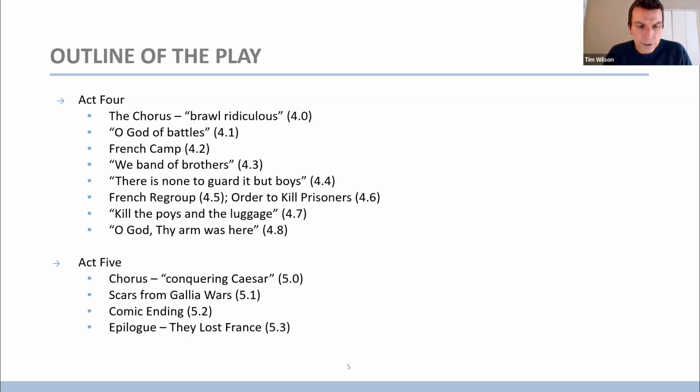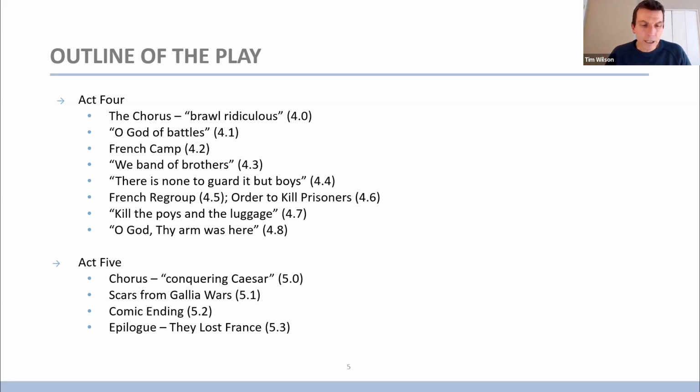In Act 4, Scene 8, the identity of the king is revealed to Williams. They discover that they've won the battle, that the French have lost a full 1,500 besides common men, and the English have only lost 29. So it's seen as a miraculous, divinely inspired victory. Then in Act 5, in the chorus to that act, the chorus mentions that Henry returns to England like a